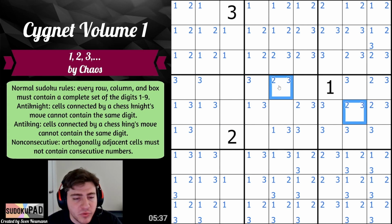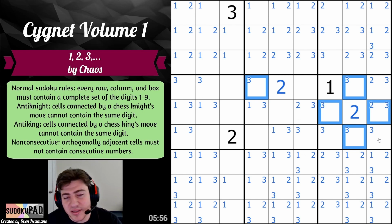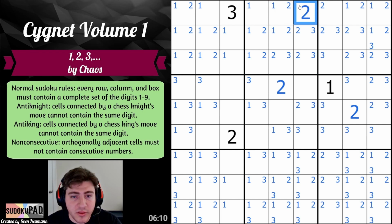If 2 went here and 2 went here, does that do something to the grid, right? Like if this is our 2, none of these could be 3. This couldn't be 3. But you see, it looks fine for me right now. Maybe I have to take it farther, right? So now 2 gets eliminated from all of these cells, which would mean 2 goes here. And if 2 goes here, then it eliminates...